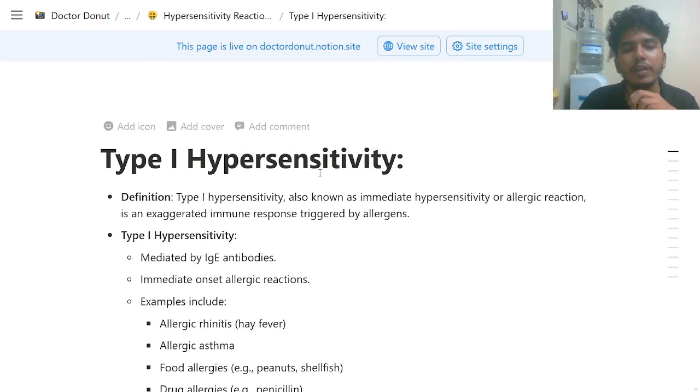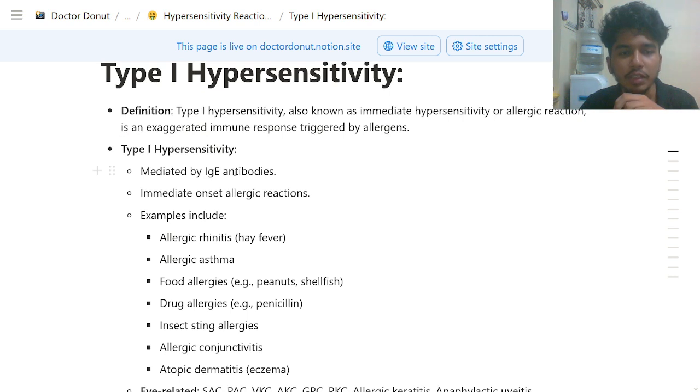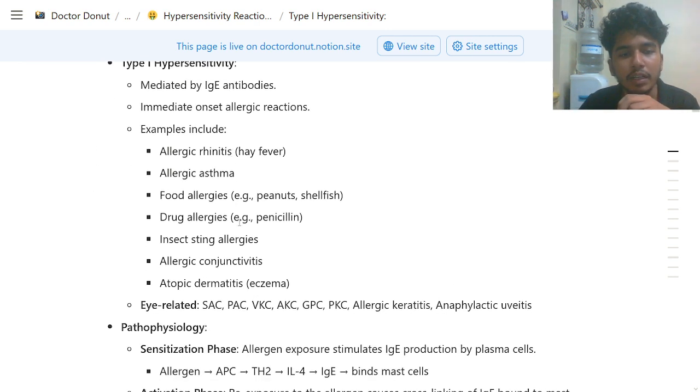So the type 1 hypersensitivity reaction, also known as immediate hypersensitivity or allergic reaction, is an exaggerated immune response triggered by allergens. IgE, as I said, immediate onset allergic reaction. So all of these things happen: rhinitis, asthma, food allergies to shellfish, fish, penicillin, insects, sting allergies, allergic conjunctivitis,